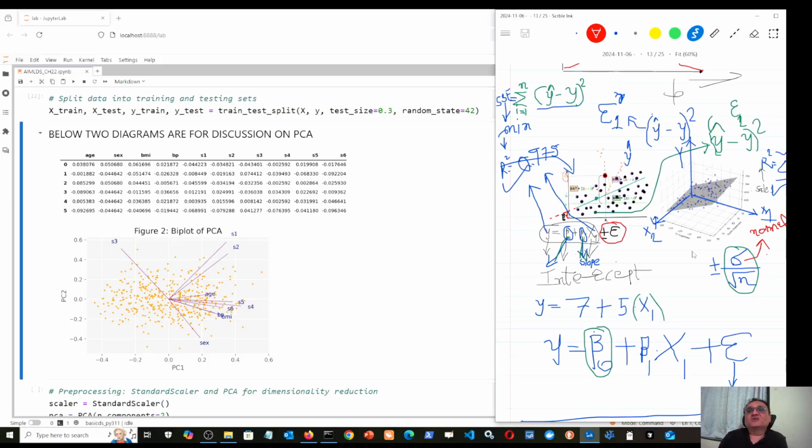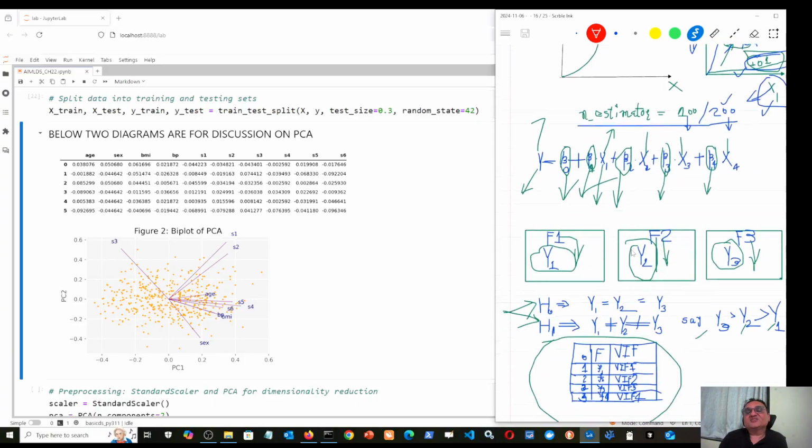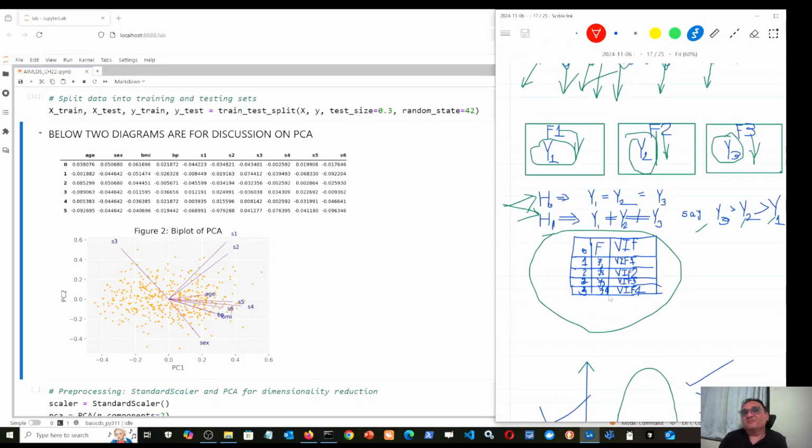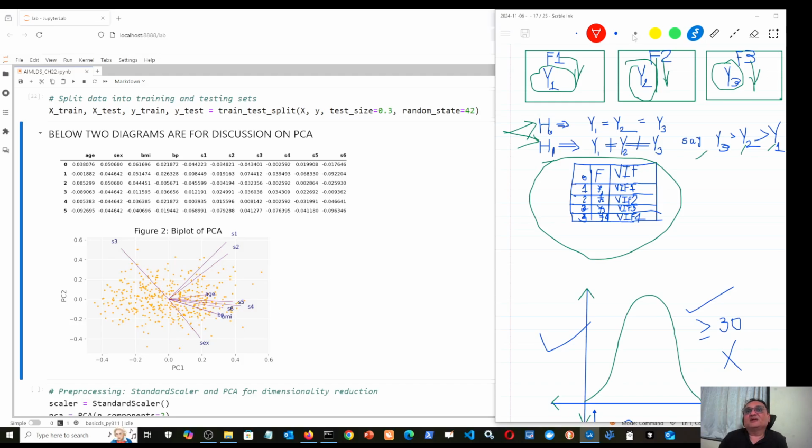you have to somehow convert this data, which is at present spread over 10 columns, into simpler data, spread over only 2 columns, where one column is named PC1, principal component 1, and the other column is called PC2. So I have to convert my original data, where 0, 1, 2 are index numbers, so that these columns are replaced by only 2 columns, PC1 and PC2, and still all the information should be retained